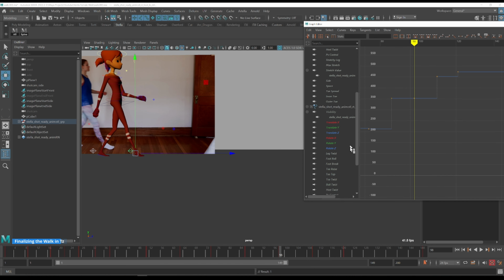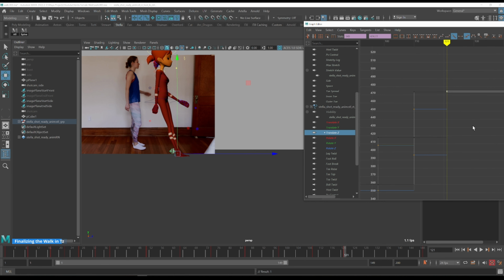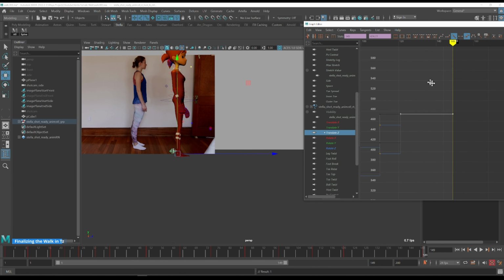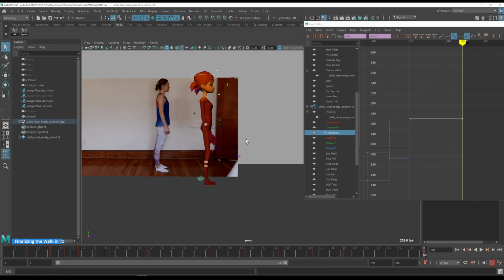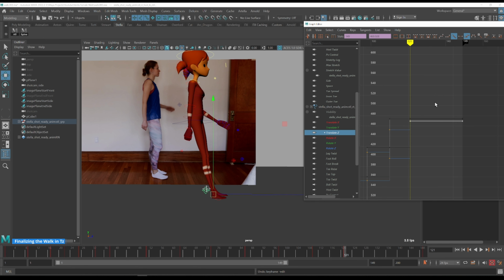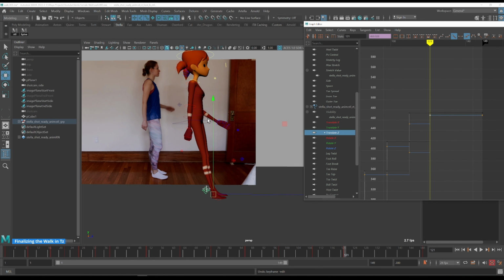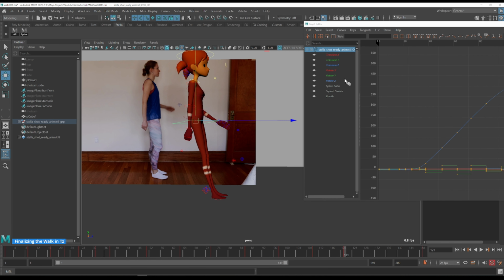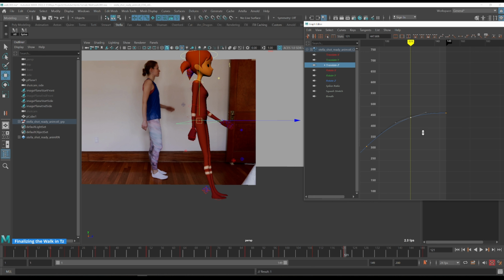Let's go to this key and to the final key. So this is unbalanced because we moved the hips. So I'm going to move these here. And actually, because the feet are standing from here to here, I'm going to move everything to a more balanced position, like that. And probably I would still need to push the hips more in this section, more forward,